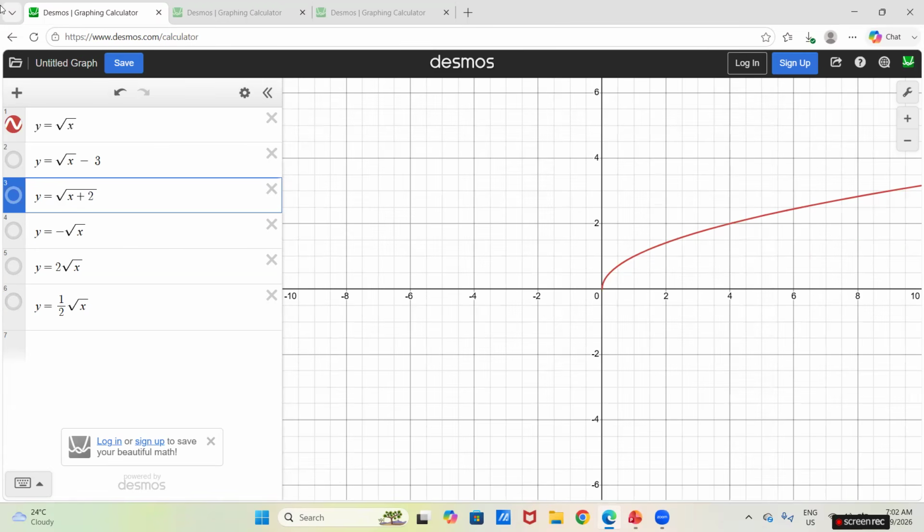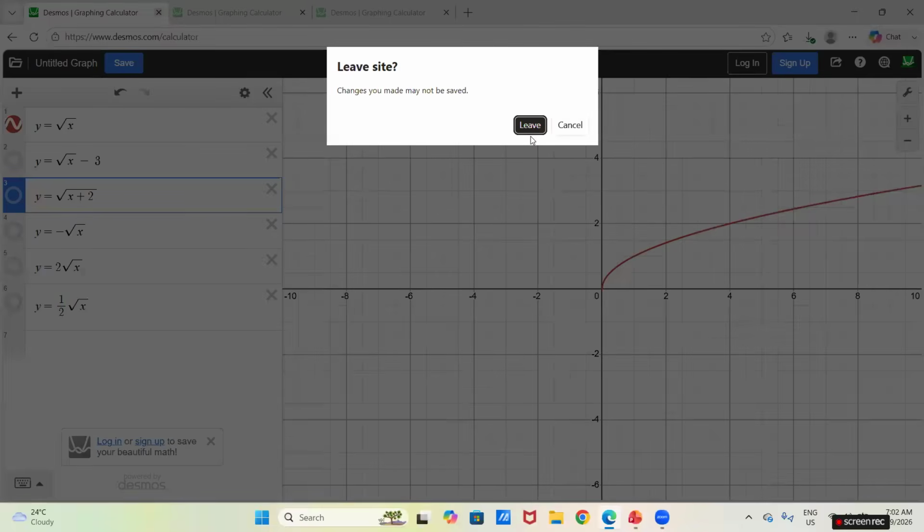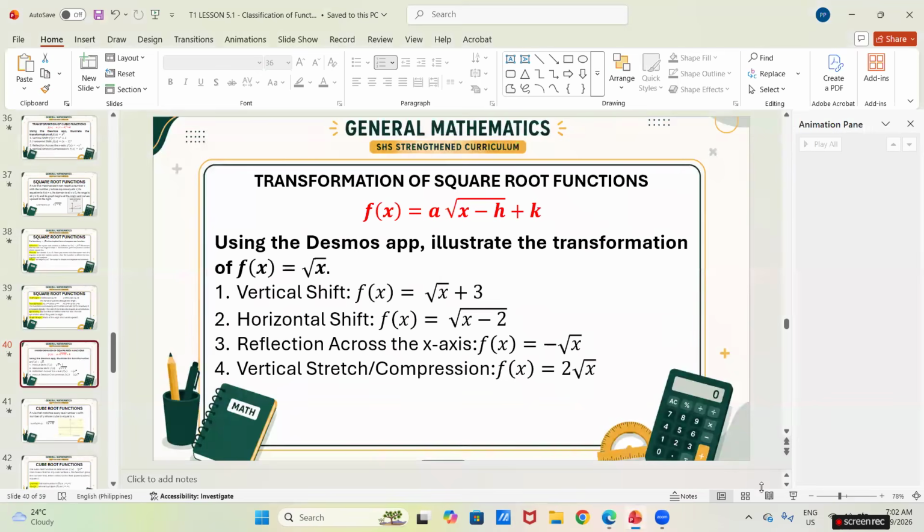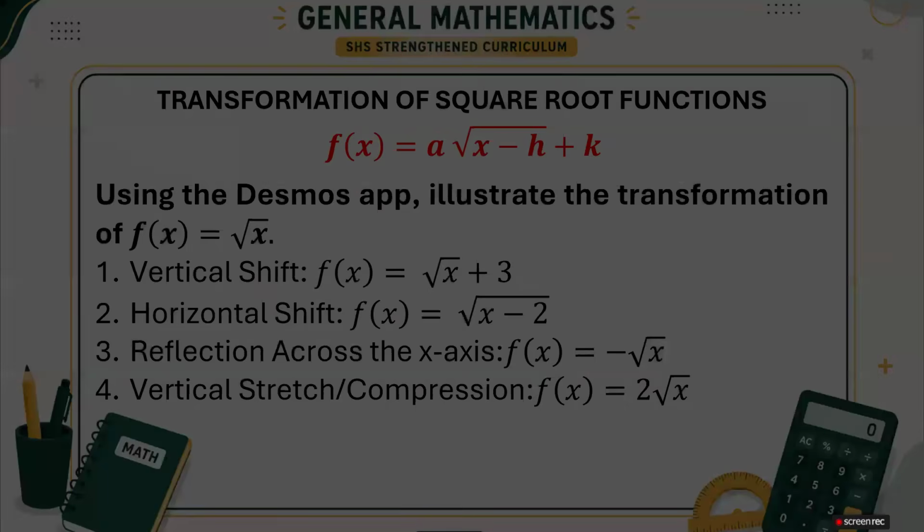So it follows the same pattern with the previous graph. So I'll leave this one. Let's proceed again to the next type of function, which is